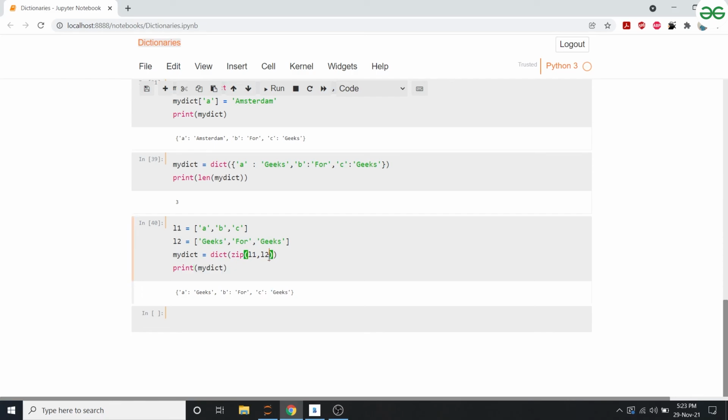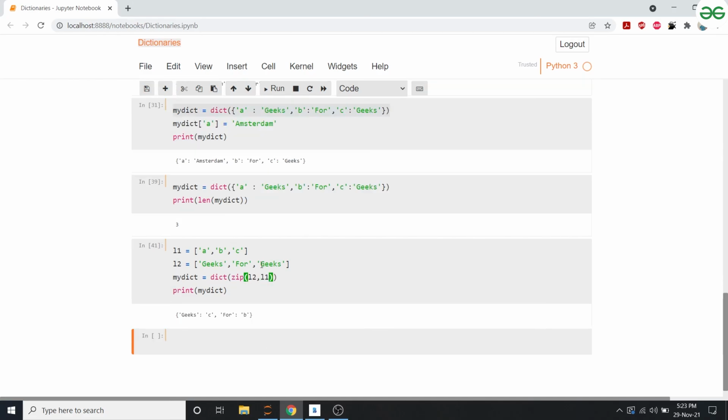Now the positioning of L1 and L2 inside the zip function is very important, because that decides which list will form the keys and which list will form the values. If I give in L2, L1, then the mapping would differ. Now it would say geeks is mapped to C, 4 is mapped to B.